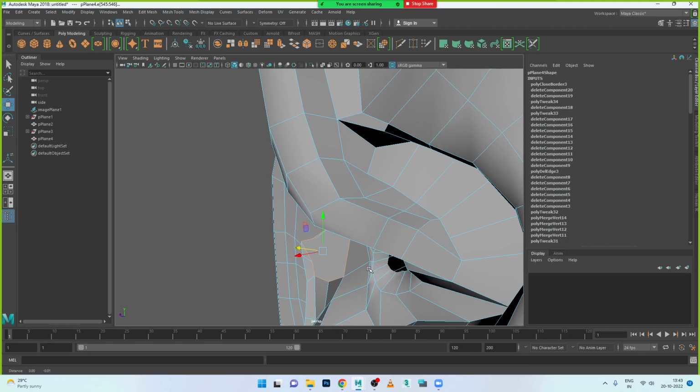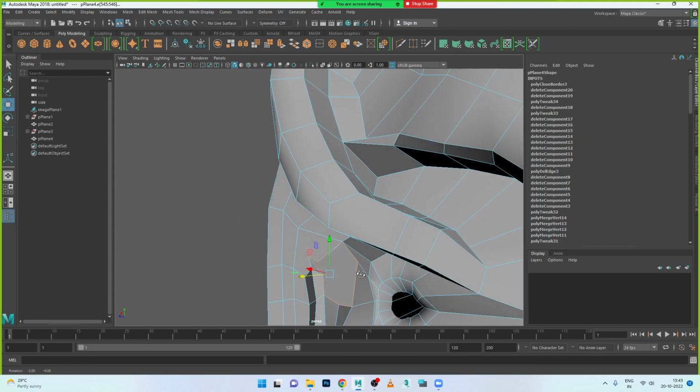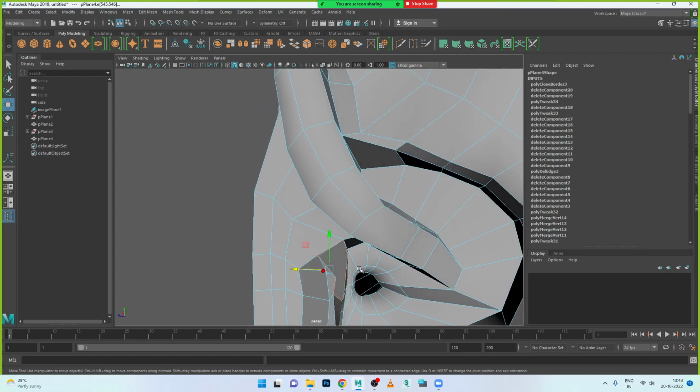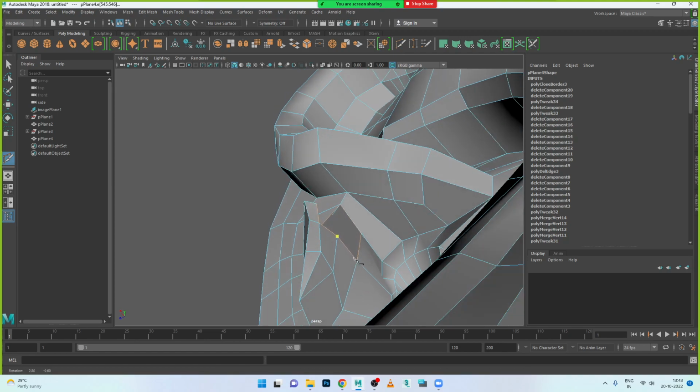Okay, now lines connect this one. Okay, all the lines we need to connect it, and where the lines are going we need to connect according to the lines. So multi-cut tool. Okay, add one line on this side and then